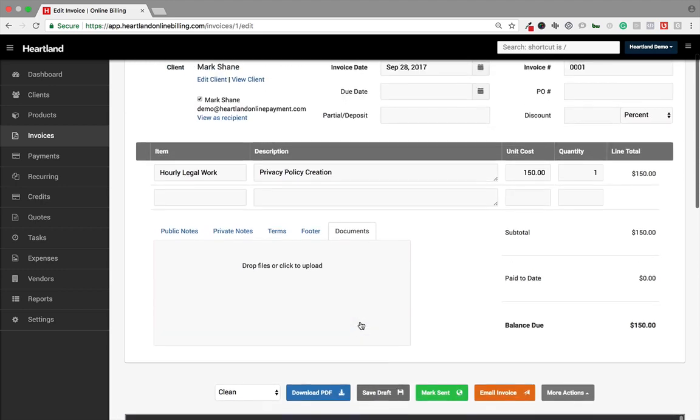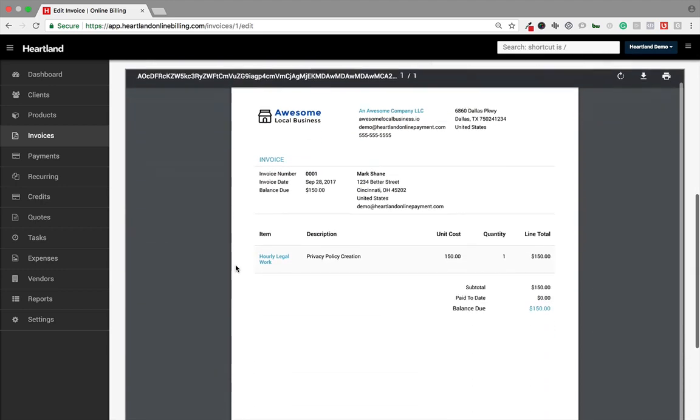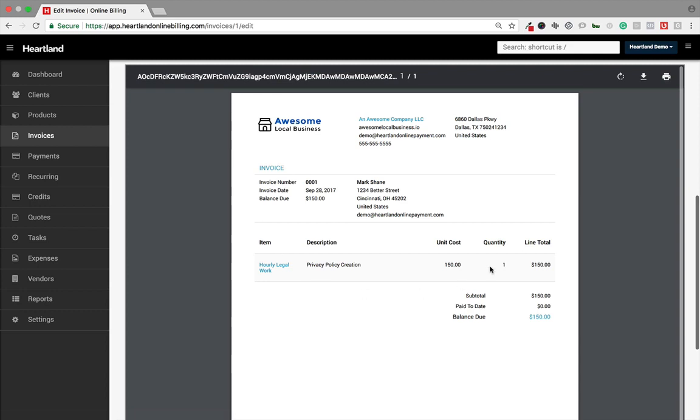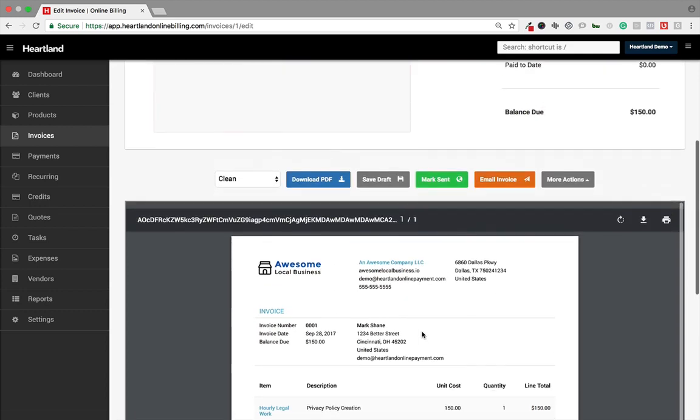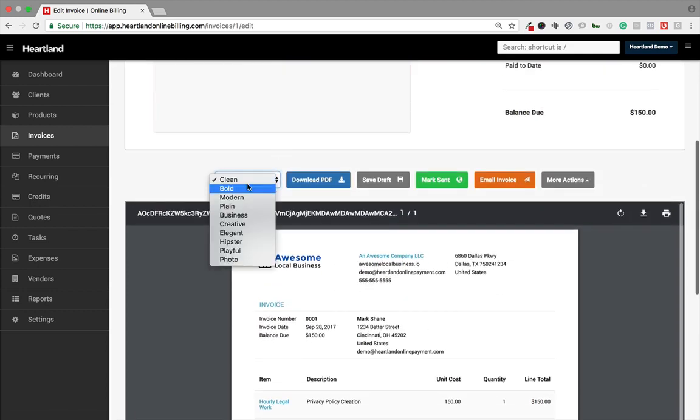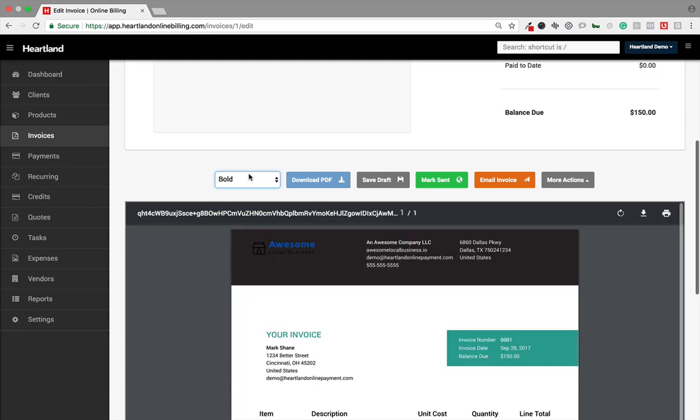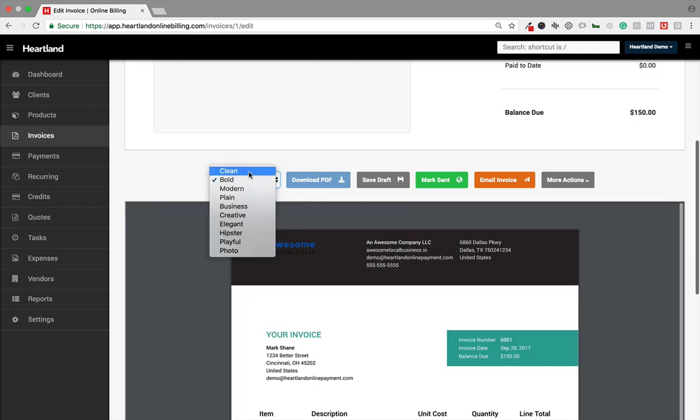You can see as you create the invoice, it actually creates a live preview of what the customer is going to see, and it's basically all the same information dropped into the invoice. You can change the design. We tend to just stick with the clean one, but you've got a couple options if you want to customize